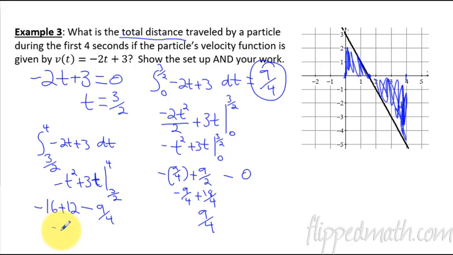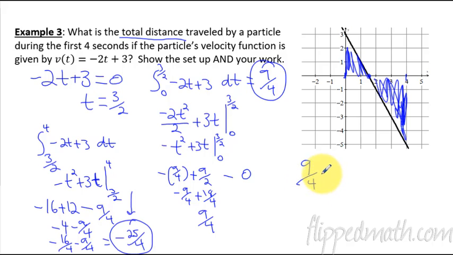Negative 4 minus 9 fourths, which gives me negative 16 fourths minus 9 fourths. That comes out to be a negative 25 fourths. All right, so there's my two values. This one is a positive 9 fourths. This is a negative 25 fourths, but I have to take the absolute value of this one. So really, my final answer then is 9 fourths plus 25 fourths, which gives me